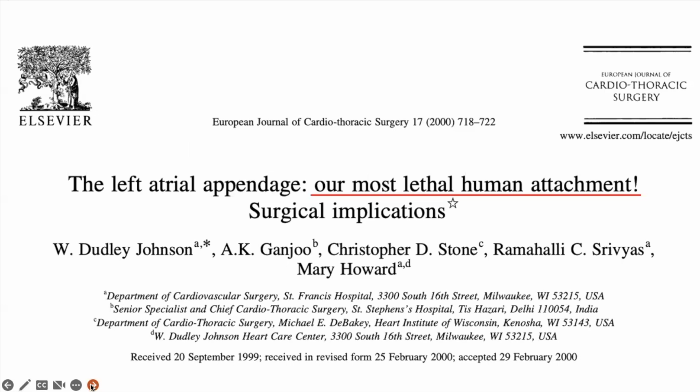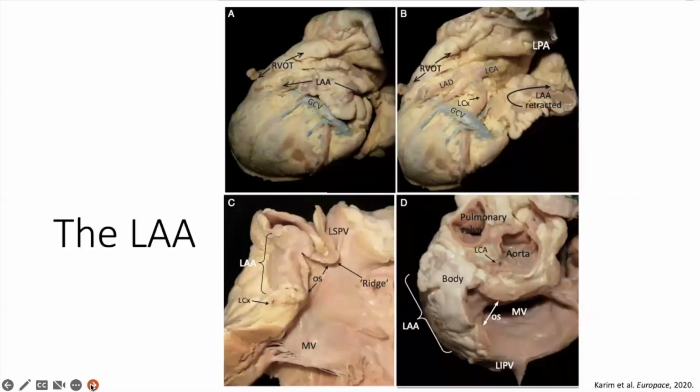So the left atrial appendage has been called our most lethal human attachment. And why is that? First of all, we'll take a step back and chat about the anatomy of the left atrial appendage. These are some images of the gross anatomy. We can see it here in the first panel, its proximity to the great cardiac vein. In the second panel, when the left atrial appendage is retracted, we see how closely it courses to the left circumflex artery. In the third panel, when the left atrial appendage is transected, we can see where the os